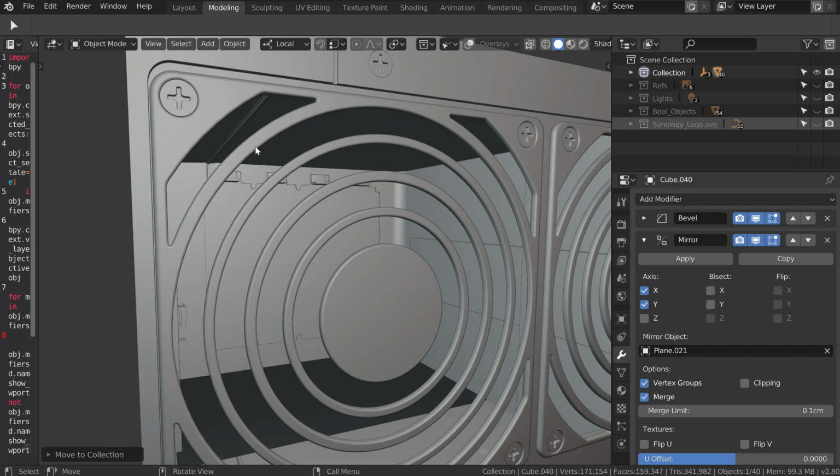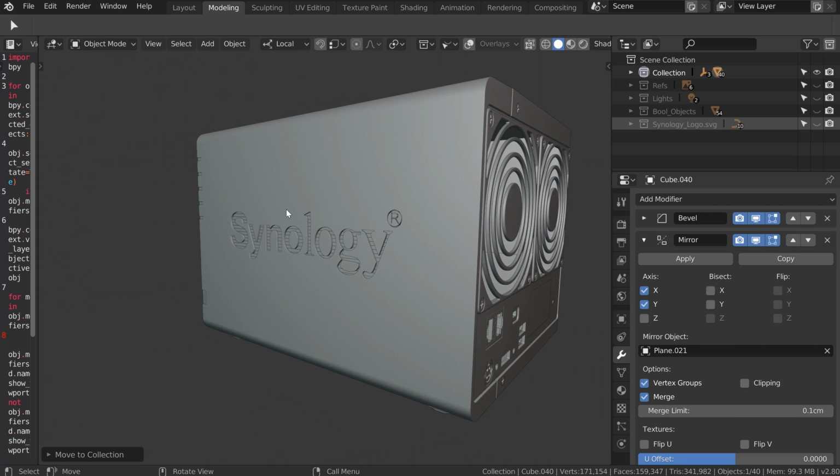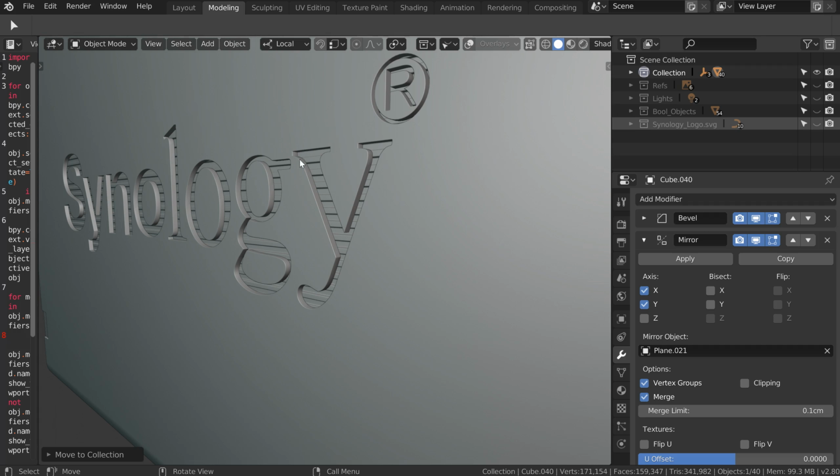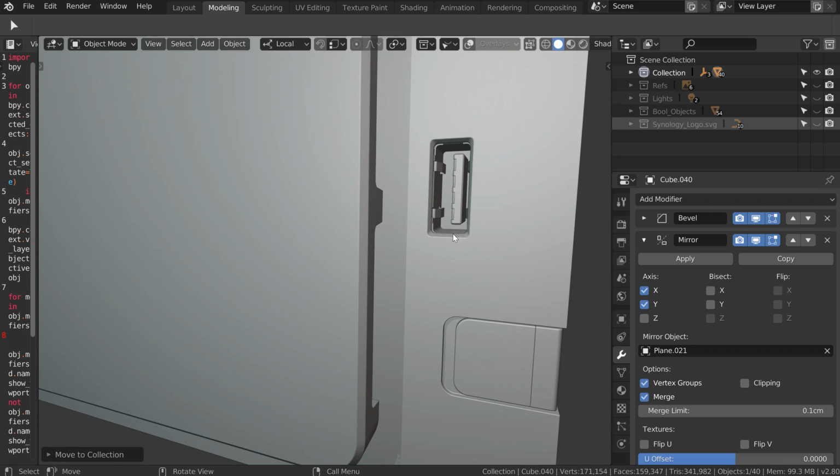You can change the number of segments. You can change the bevel, absolutely. All the parts are editable, except maybe the logo. This one you can just change the bevel here, and you can change the thickness of this metal or plastic. I don't know. I think it's metal. I'm trying to add a lot of details.